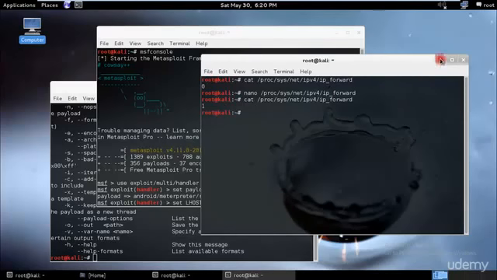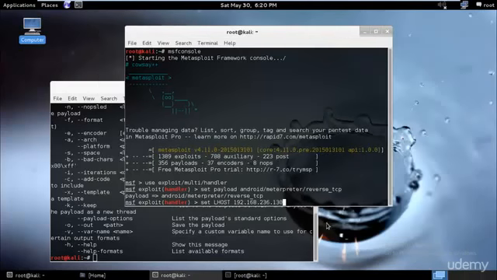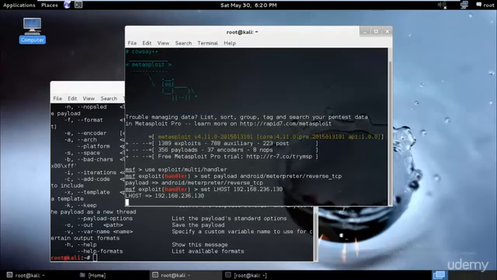That means its port forwarding is on. So I'll just minimize this for the time being, and this would be my IP address. I have forwarded this port, so I'll just go ahead and hit enter. So I have set up the lhost, and at the last step, now we need to go ahead and exploit